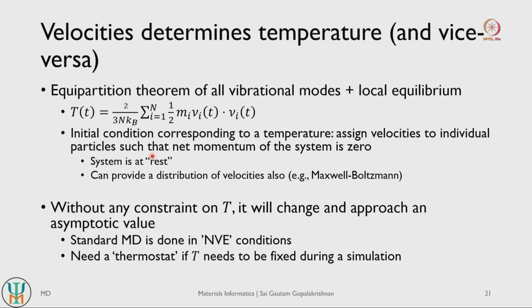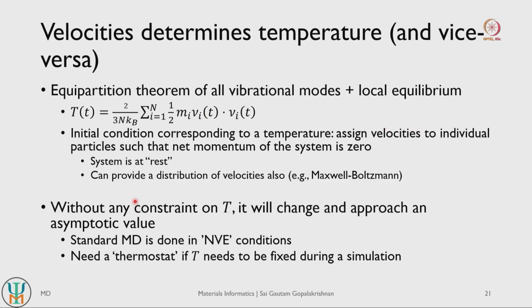So let's expand this understanding a little more. Let's say you want to set an initial temperature for your system. You can set the temperature by assigning maybe the same magnitude of velocity, so the same speed, for all the particles, but ensuring that the net momentum of the system is 0, right, because when you initially consider the system, you want the system to be at rest and not under net motion, right. The system can move over time, but when you initially start off, you typically want the system to be at rest.